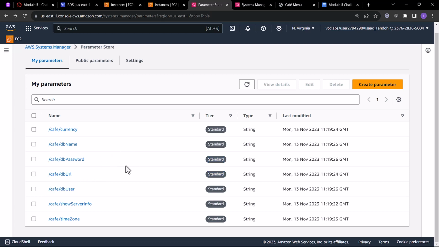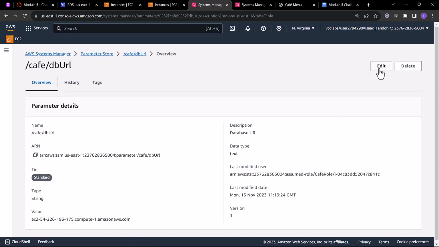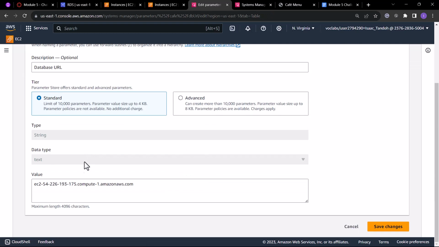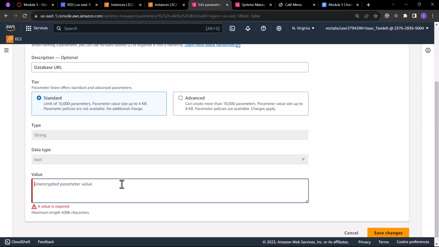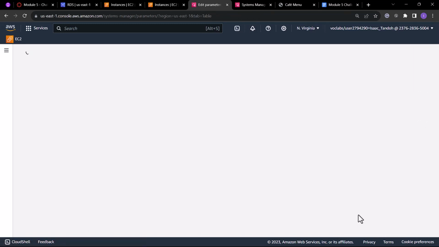First thing, let's change the DB URL. You can see the DB URL is that of the EC2 instance, the IP address and the compute URL that you can see there. We'll change that to the endpoint URL of our RDS instance. So we'll go to edit, and from here we'll change this, copy the endpoint URL from the RDS instance, and paste it here. And then we'll save changes. Super,